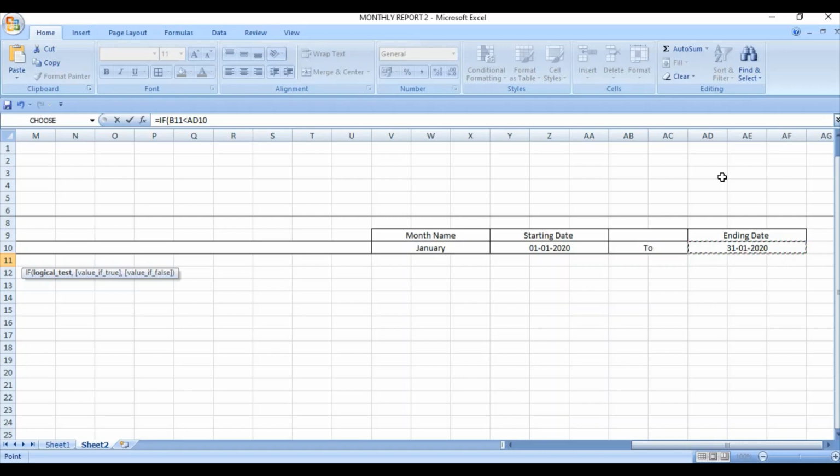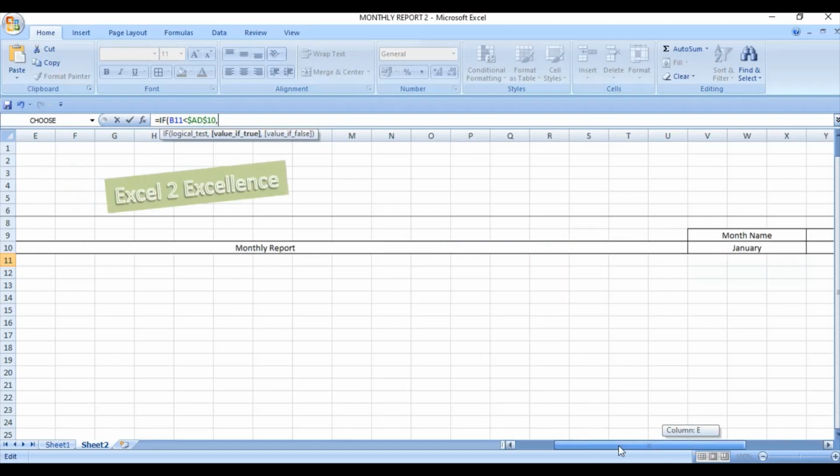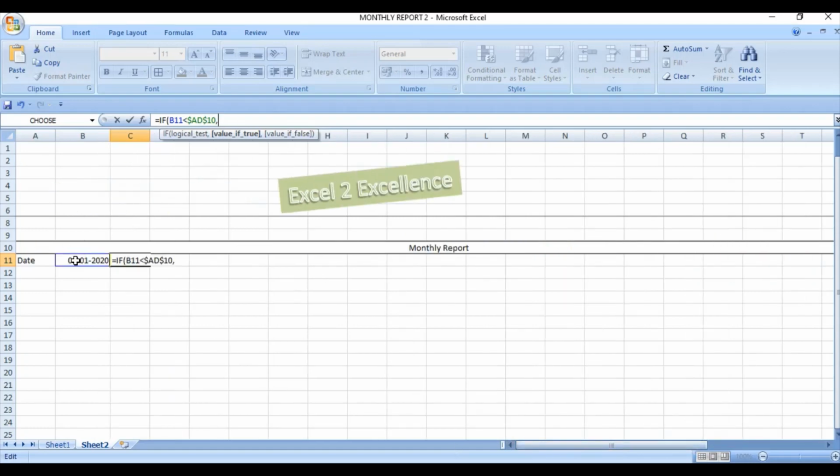Friends, don't forget to freeze the ending date reference. You can freeze the cell reference with the help of the F4 key. So I've selected here. If it is true, then it will return us the current date. The current date can be determined with the help of the preceding date, simply by adding 1. If this condition is not satisfied, it will return us a blank cell.